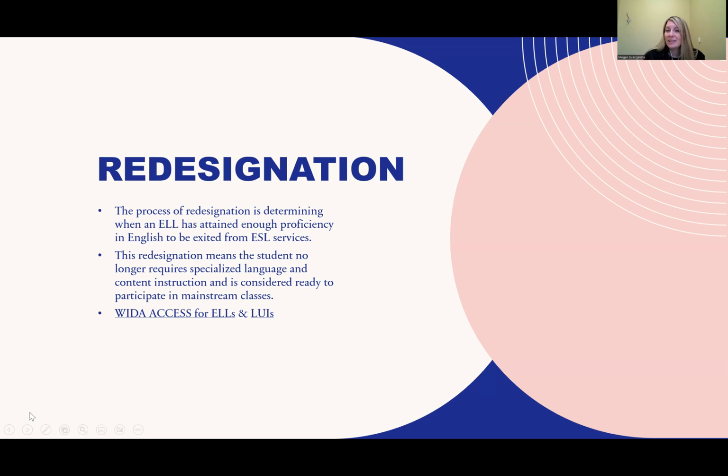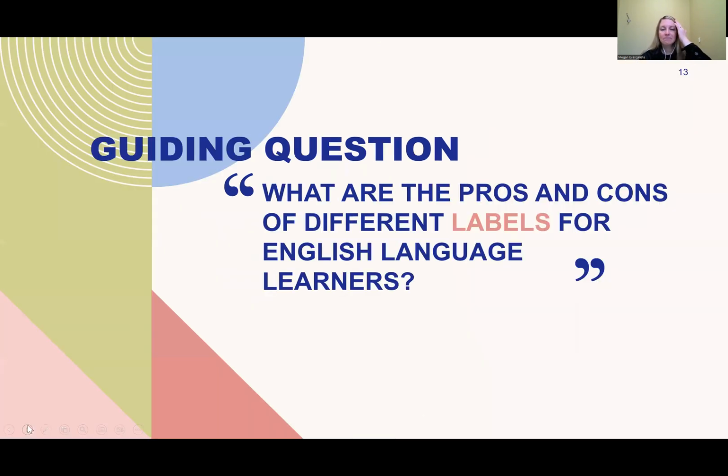So you may see in your schools that a student has a different language other than English on their enrollment packet or in their system. So in Pittsburgh Public Schools, for instance, we use eSchools. And the student may have exited from ESL services. So that would be written down in a student summary. You would be able to pull scores to look in the case that you were wondering.